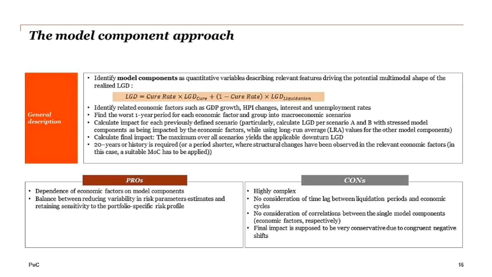The next step would be to identify relevant economic factors and find the worst one-year periods for all of them. Worst years can be grouped in scenarios, since the requirement regarding the data is to cover 2 economic cycles, that means 2 downturn periods. And after grouping, banks may calculate 2 LGD downturn estimations in case two downturn scenarios were identified, and the maximum of these values would be the final LGD downturn estimation.